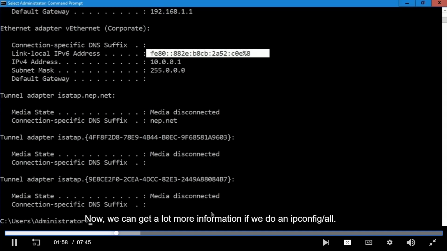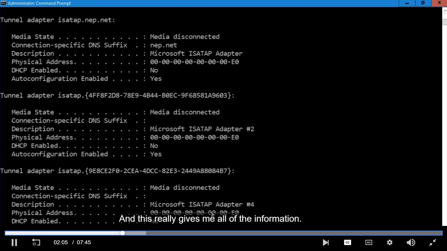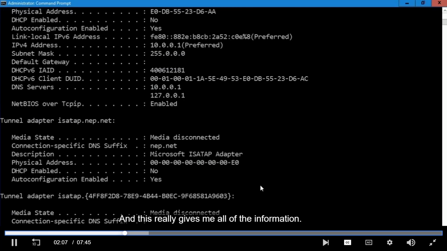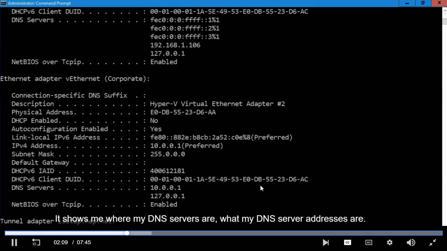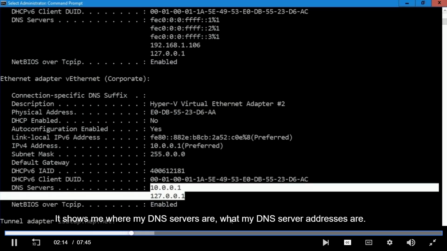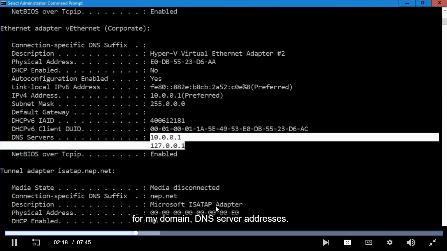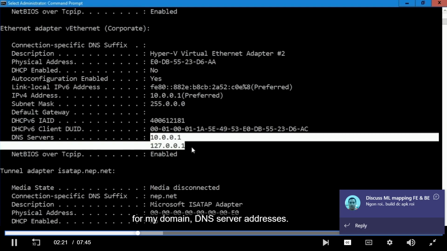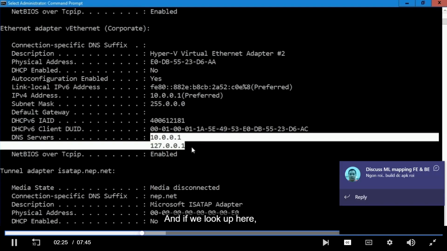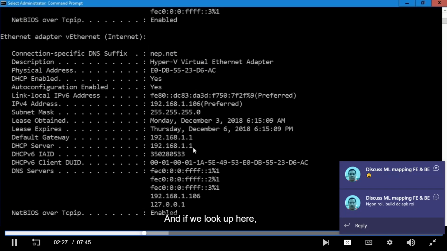Now, we can get a lot more information if we do an ipconfig /all. And this really gives me all of the information. It shows me where my DNS servers are, what my DNS server addresses are. Here I see the local, for my domain, IPv6, or I'm sorry, DNS server addresses. If we look up here,